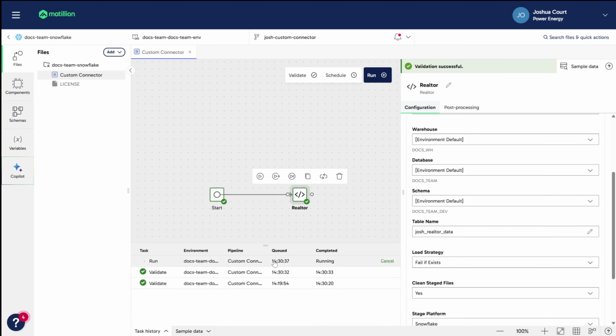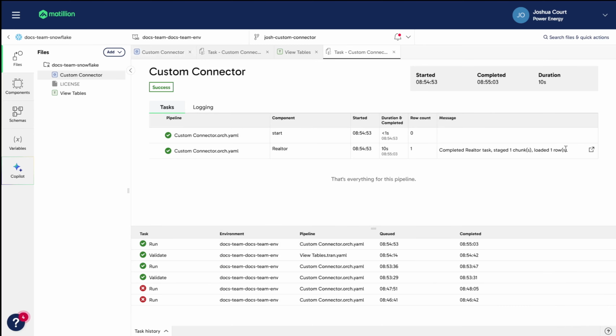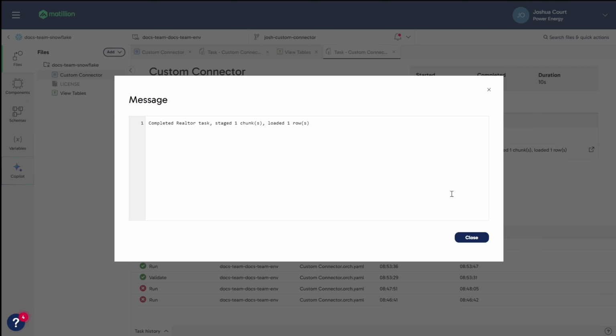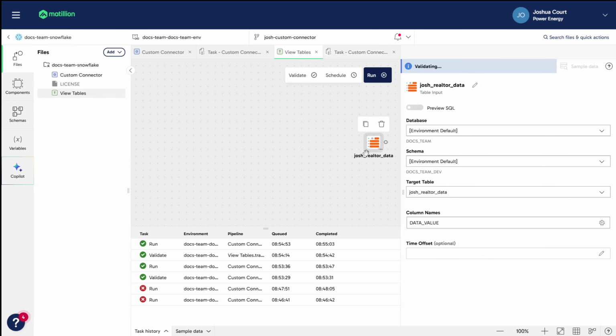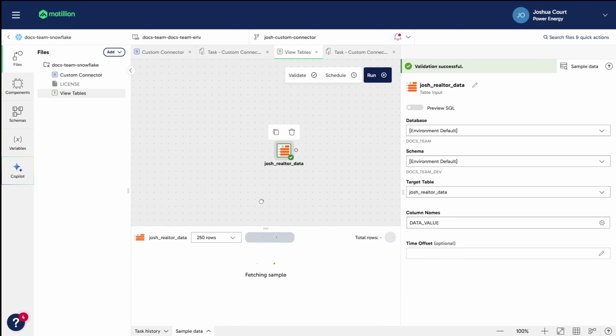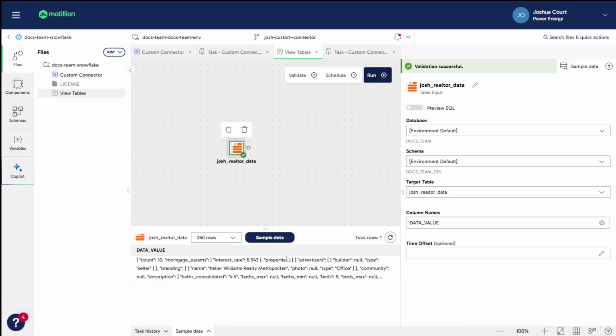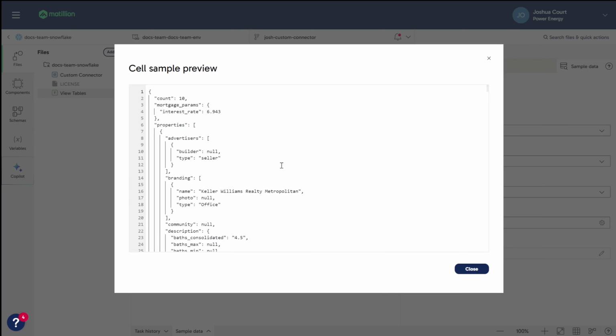So that covers how to create your own custom connector to connect to external data sources. By combining custom connectors with scheduling or data streaming features, data teams can regularly extract data from various source systems and simplify both real-time and regular data updates.